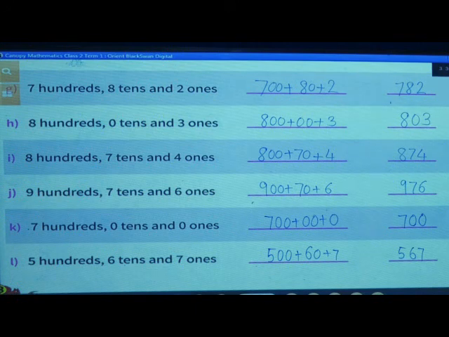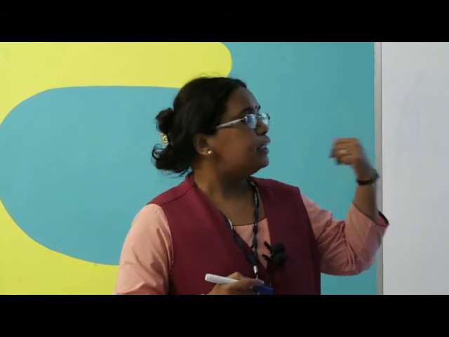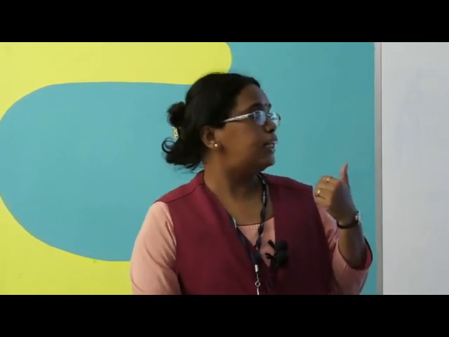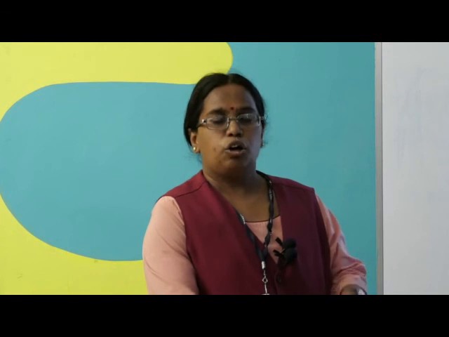Write down fast, children, what we have studied today on the abacus, how we are going to do counting in hundreds, tens, ones. We have seen it on the abacus. On the abacus we have counted the beads and written in this way, and in the second way, in the fill in the blanks, we have completed. So today we have completed exercise 2 and 3. So you just go through that and see how it is done and do practice.